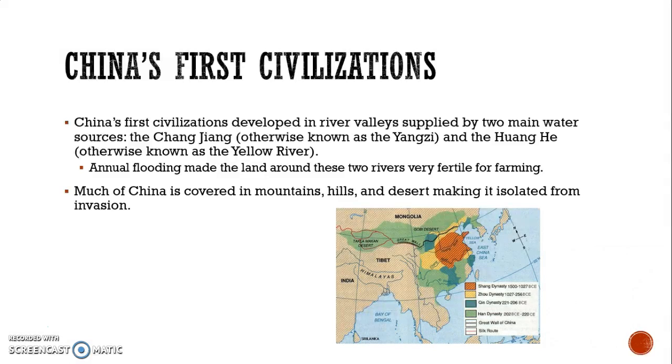China's civilizations developed in river valleys in two main parts, the Changjiang, also known as the Yangtze, and the Huanghe, also known as the Yellow River. The annual flooding of these two rivers made the land around them very fertile for farming. Much of China is covered in mountains, hills, and desert, which gave it a lot of protection from